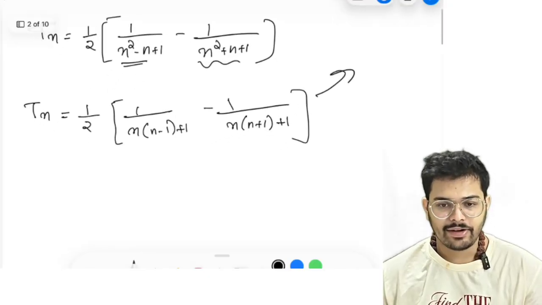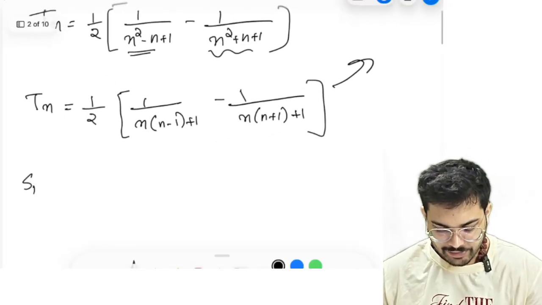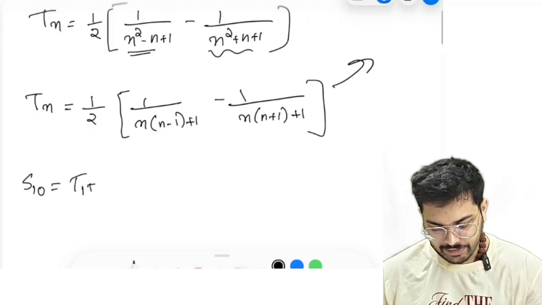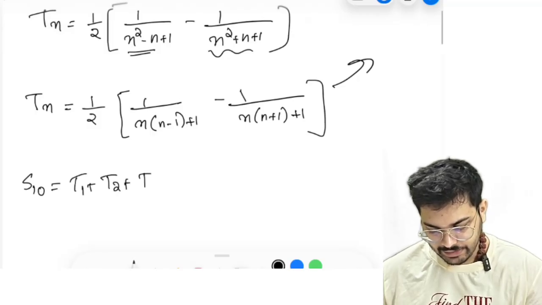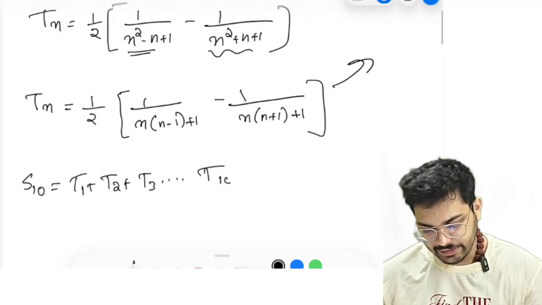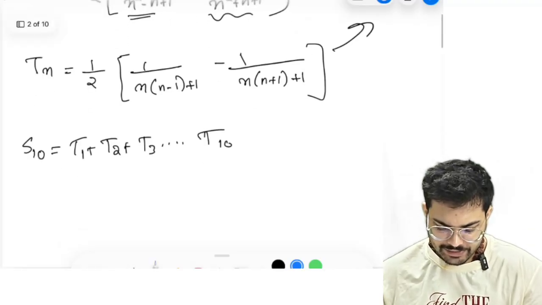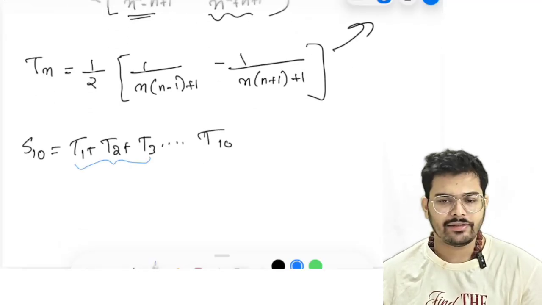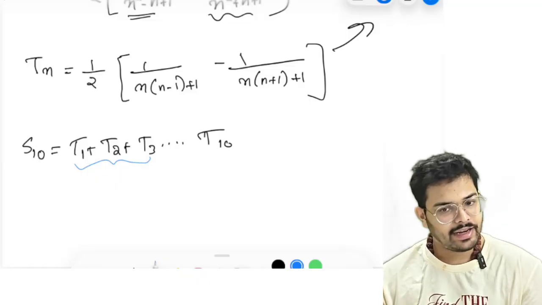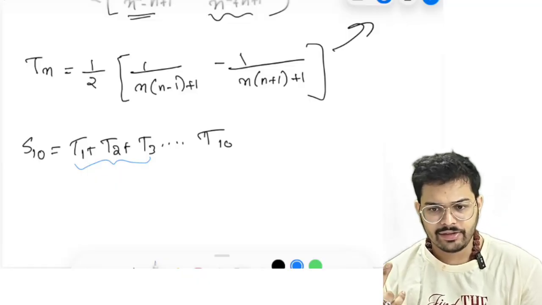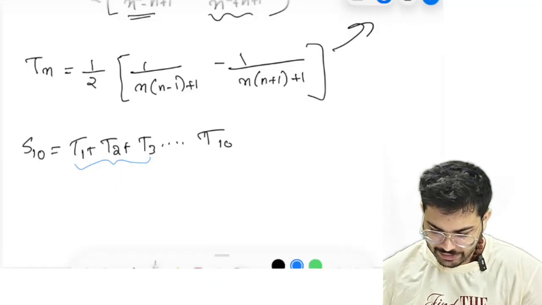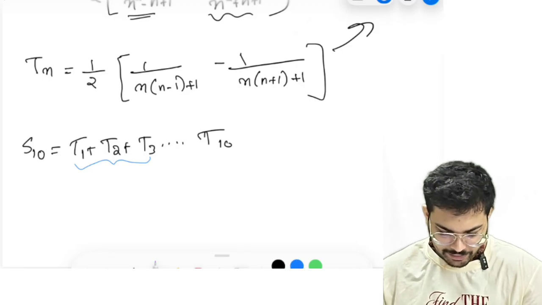Now in the next step, we need to find the sum of 10 terms, right? That is first term plus second term plus third term plus etc., up to the 10th term. We will first write the first 2 or 3 terms and observe the pattern. You can write any number of terms, but 2 terms are enough for finding the pattern here. First we will do T1. T1 will be half into